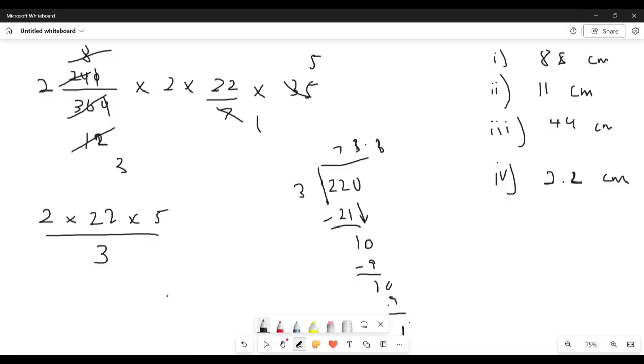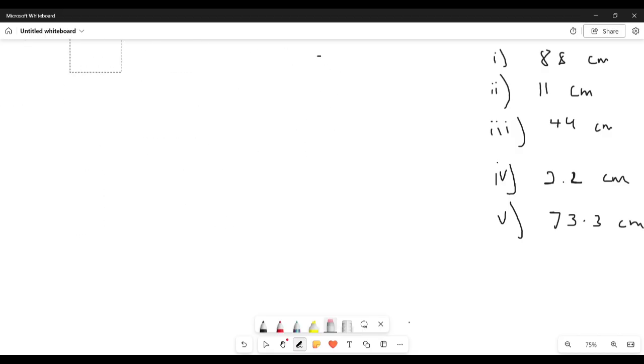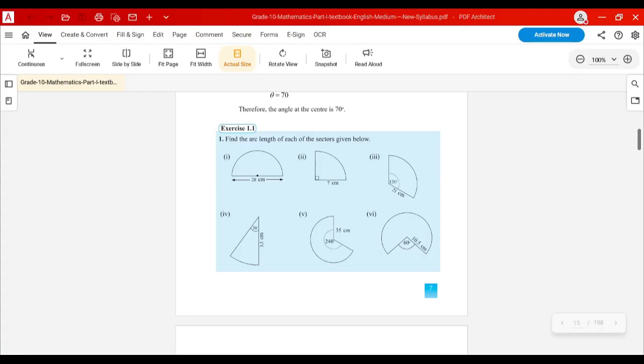So the answer is what? It's 73.3. The fifth part is 73.3 centimeters. Okay, last question, I think. Yeah, last question, which is